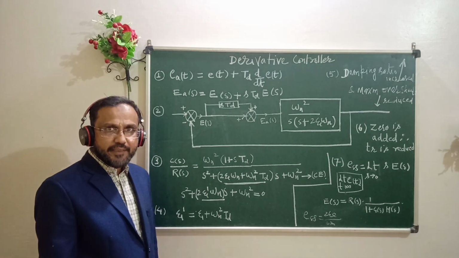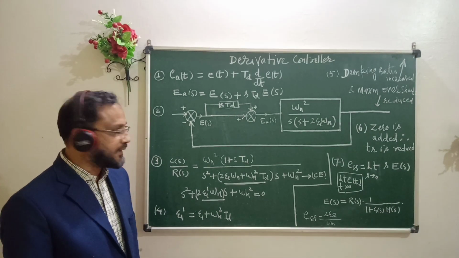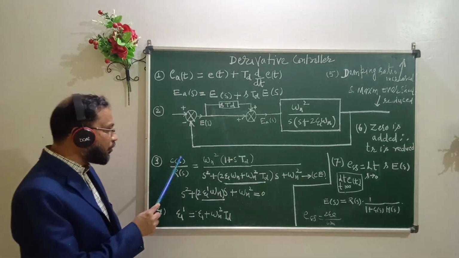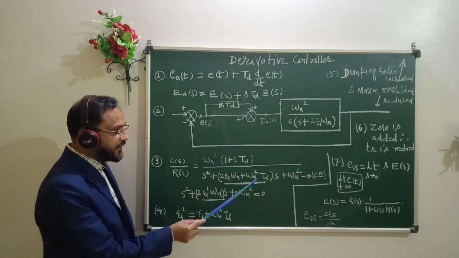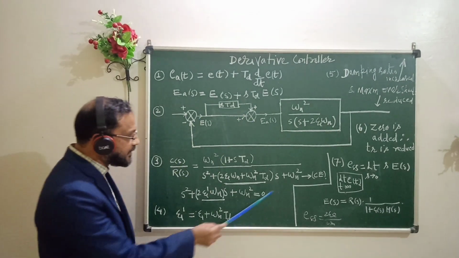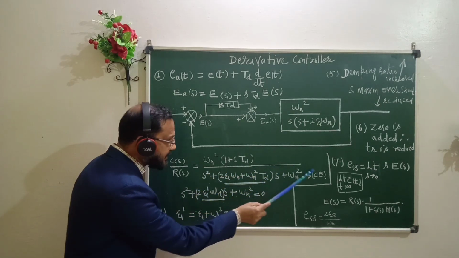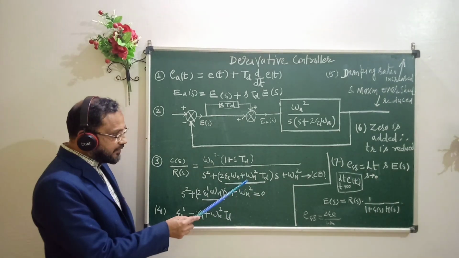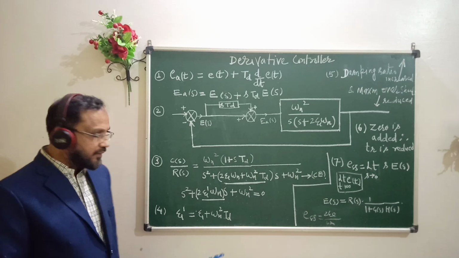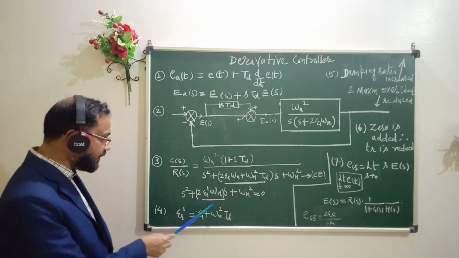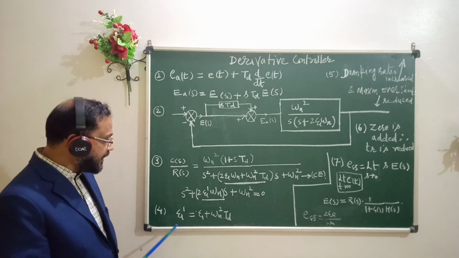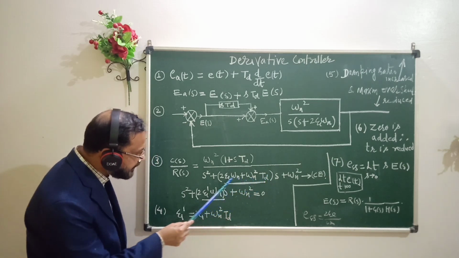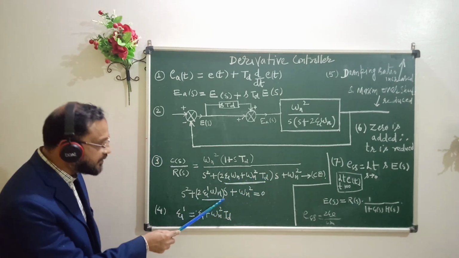Apply the formula G(s) upon 1 plus G(s)H(s). You are going to get this expression here. Overall transfer function for this derivative controller. And it is well known to us, this denominator is called as characteristic equation. Now we are comparing this characteristic equation with this to find the value of new damping ratio. You just compare this bracket, quantity written in this bracket, with this.